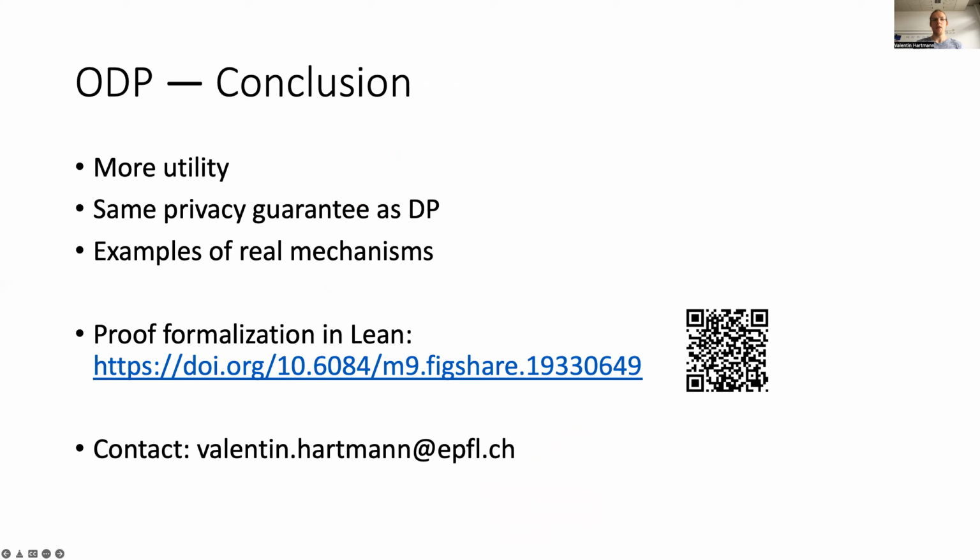This concludes my talk. I've introduced output differential privacy, a tool for increasing the utility of privacy-preserving mechanisms without weakening the differential privacy guarantee. In this talk, I've given 3 examples of mechanisms to which our analysis tool can be applied. In our paper, you'll find one more such example. We have formally verified the correctness of our composition theorem in the proof-assistant Lean. You can find this formalization and the code for generating the plots in the paper at the URL at the